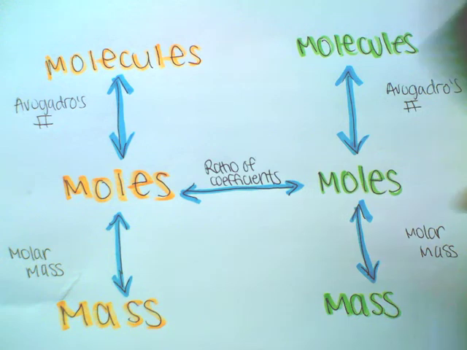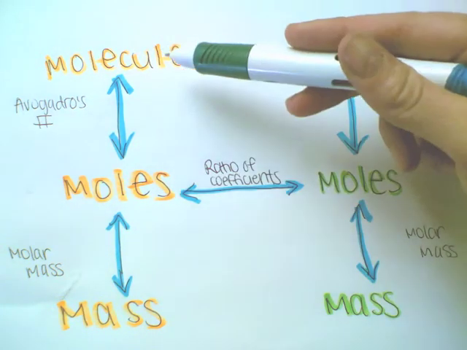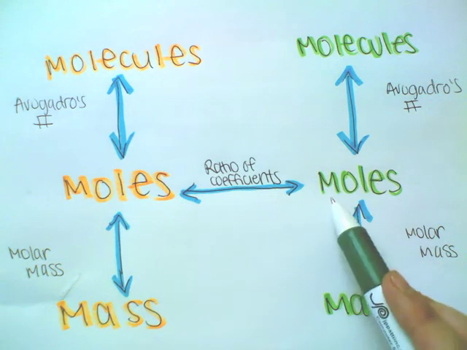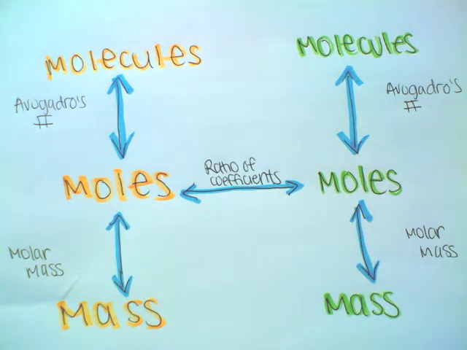And if we were to convert between moles and molecules, we use Avogadro's number, which is 6.02 times 10 to the 23, and that is the total number of either molecules or atoms that we have in 1 mole. And then in a previous video, I talked about mole ratios, where we use the ratio of coefficients. The ratio of coefficients is a conversion between moles of one substance in a reaction and moles of another substance